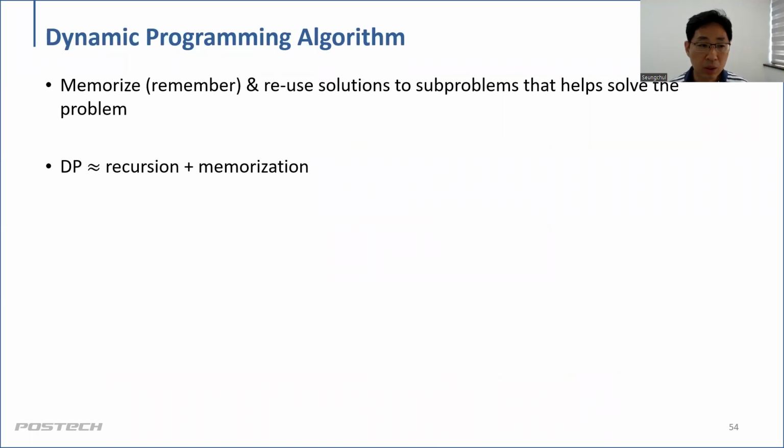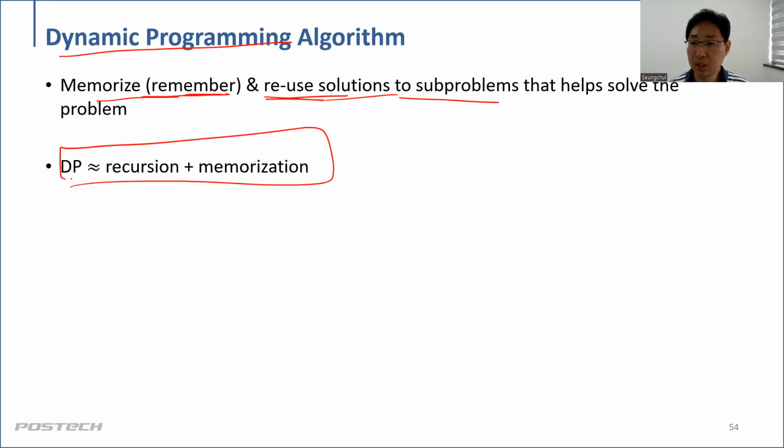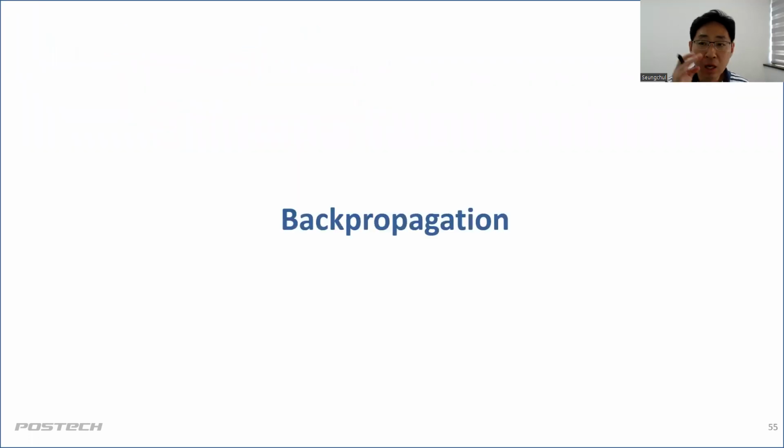This one, we call it dynamic programming. Don't worry about the namings. Why is dynamic programming related to memorized recursive? Don't worry about the names. This DP is memorize or remember and reuse the solutions to solve problems. So that's the dynamic programming. All right. Using that conceptual understanding of DP in your mind, let's move back to the original problems